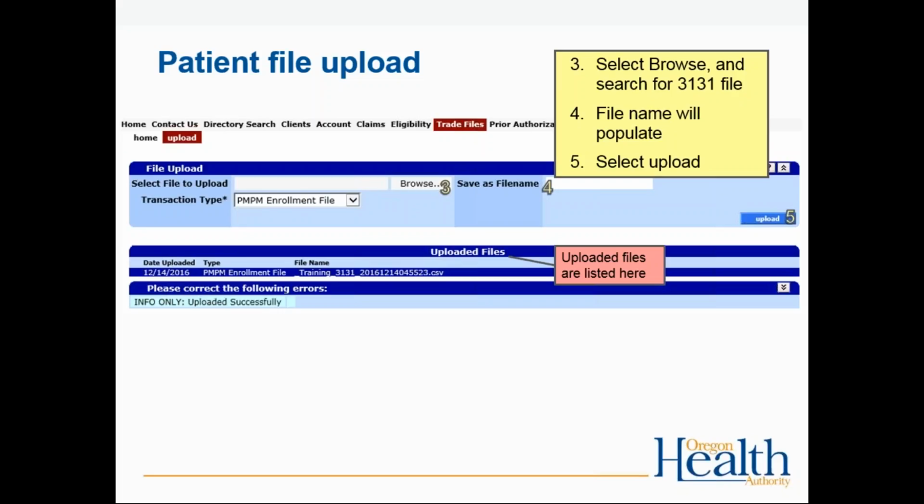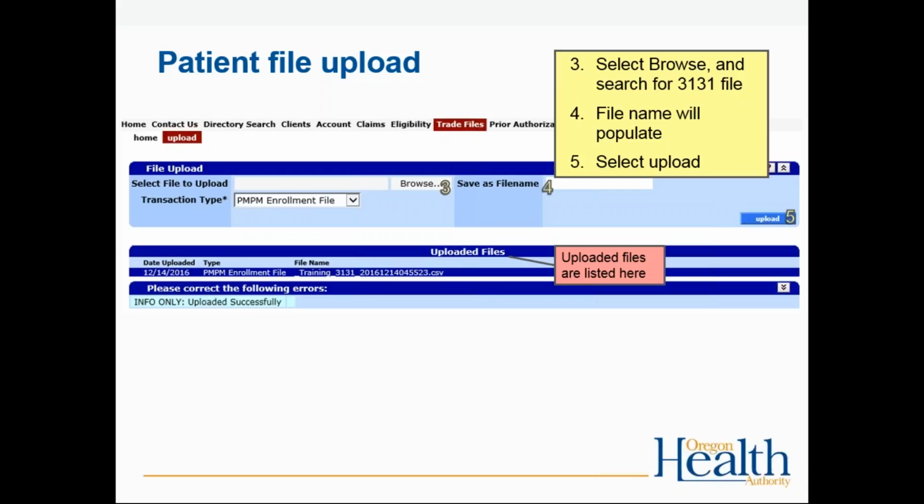So when you see that the patient list is uploaded successfully, that means that the patient list has successfully made it into the queue to then be analyzed by our enrollment function, which occurs about 6 p.m. every weeknight. So when that enrollment cycle runs, it will determine if the patient list meets the proper formatting requirements, and if it does not,